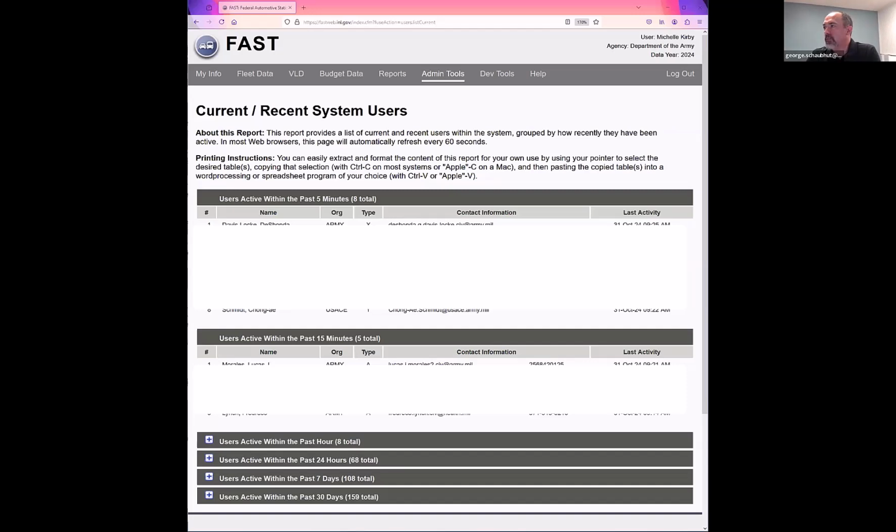Question came in from Greg Smith. I'm getting flags for vehicles that had acquisition dates for FY23 reports, but the flags say the dates were not on the report. Reached out to gsafleet.gov, didn't get a response. So I'm sorry, I haven't seen that one come across yet. We can definitely take a look. Feel free again to reach out to